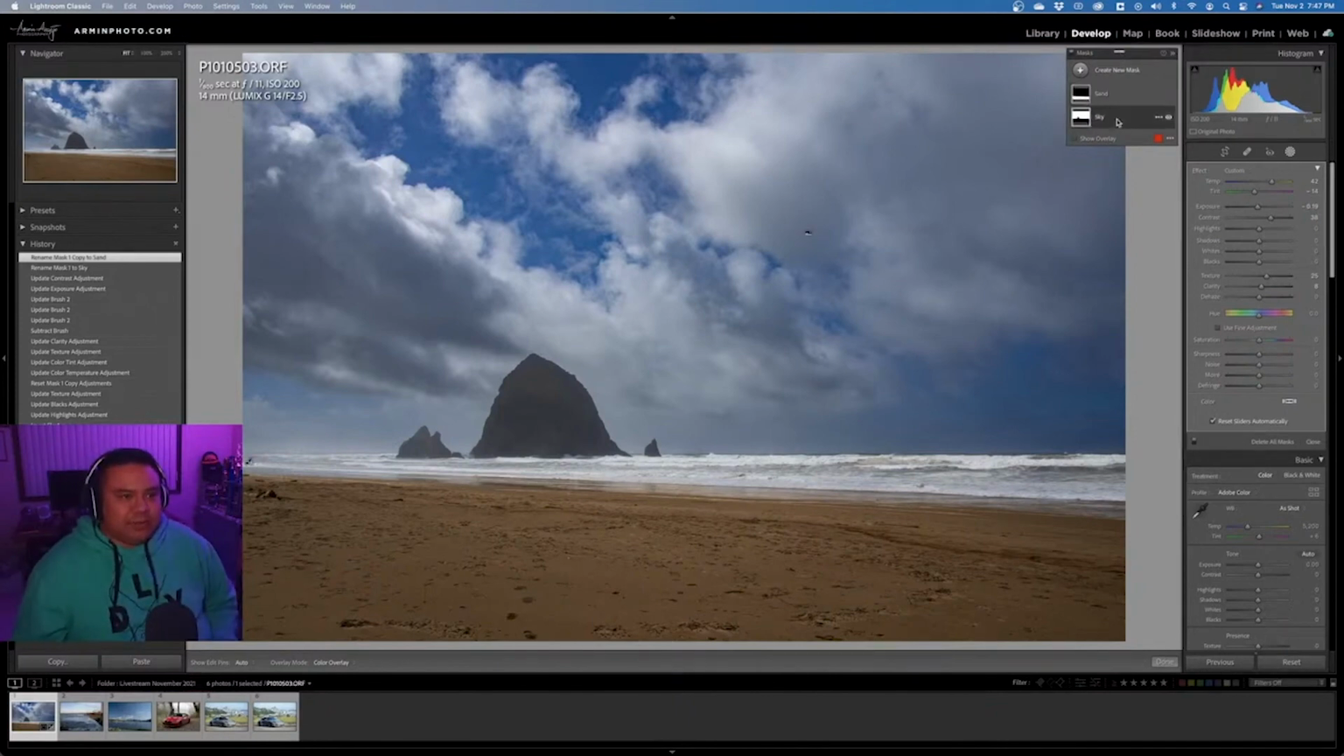So anyway, I'm going to go back to the sky, and I'm going to make some changes. So let's say I want to change the temperature of this. Let's make it like super blue and do that. You can even make it a little bit more magenta there. That's pretty good. Okay, so I'm pretty good with that overall, so I'm gonna close that,